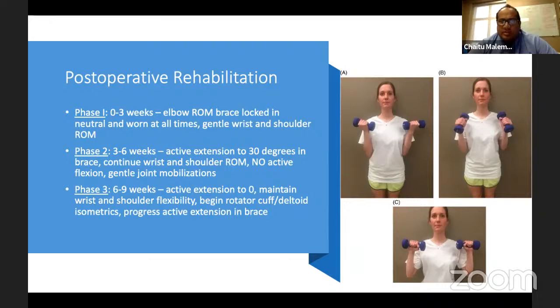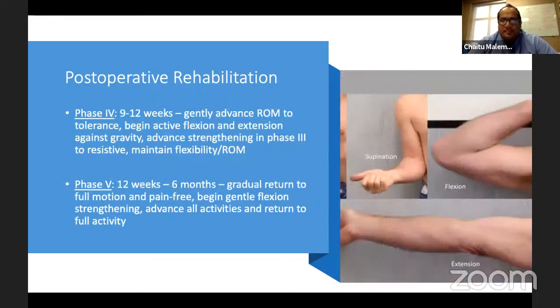Phase 3, 6 to 9 weeks, we begin active extension to 0, maintain wrist and shoulder flexibility, and we begin some rotator cuff and deltoid isometrics, and then progress the active extension in the brace. Phase 4, 9 to 12 weeks, gently advance range of motion to tolerance and begin active flexion and extension against gravity. And you can advance the strengthening from phase 3 to resistive, but continuing to maintain flexibility